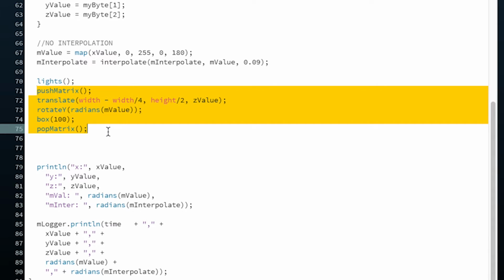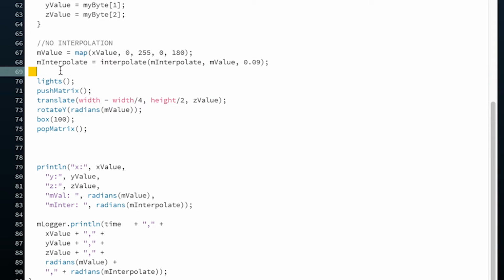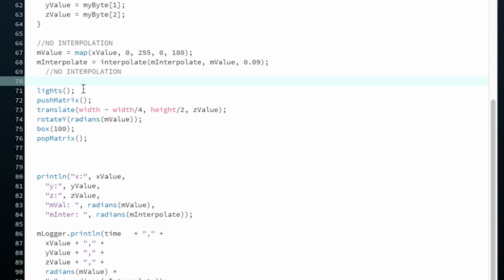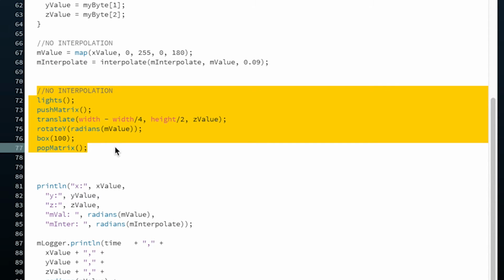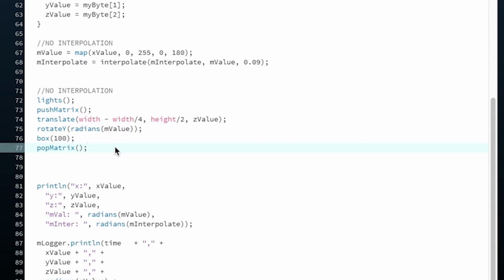So this right here is rotating just our one box, right? I'm gonna take this and put that right there. Oops, sorry about that. So this means our box has no interpolation. That means there's no smoothing on it, right? So if I run it,